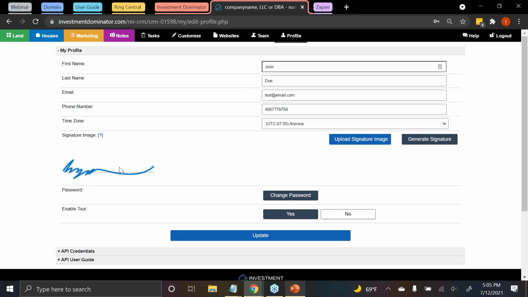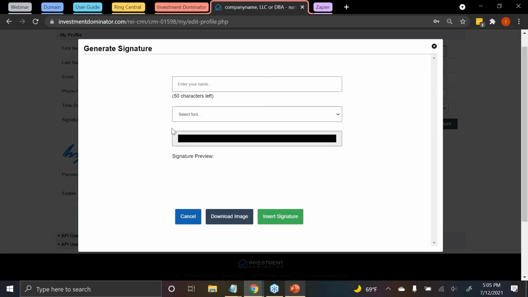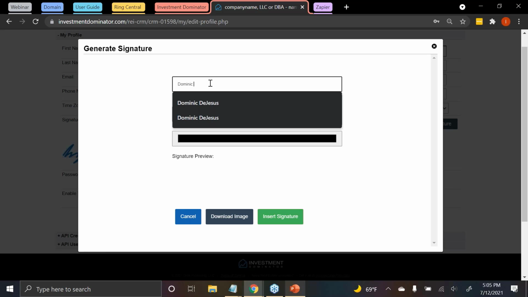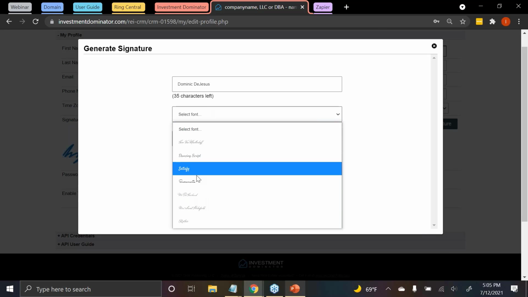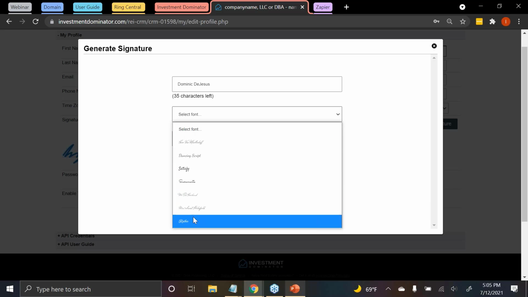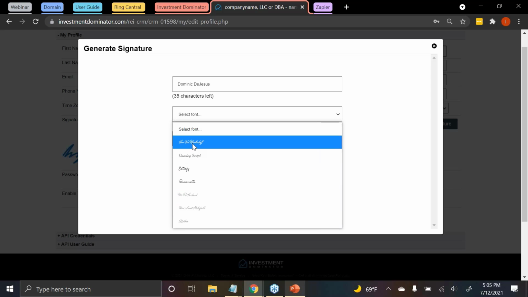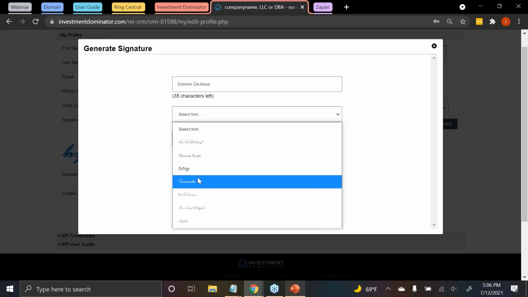But let's go ahead and actually do the generate signature method first. So we'll go ahead and click it, and you'll notice it'll basically open a new window and prompt you to enter your name. So I'll go ahead and enter my name, and then it'll let you choose a font. So you could choose any of these available fonts here. One thing you want to keep in mind is that we don't have any fonts that are not available here. We wouldn't really have access to changing that, so do keep that in mind,